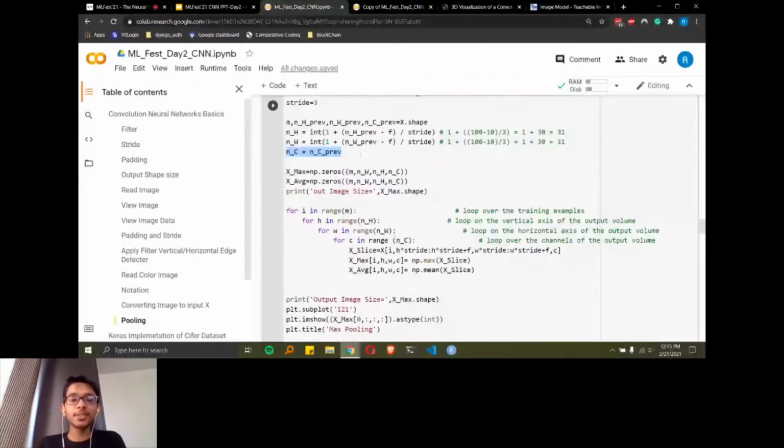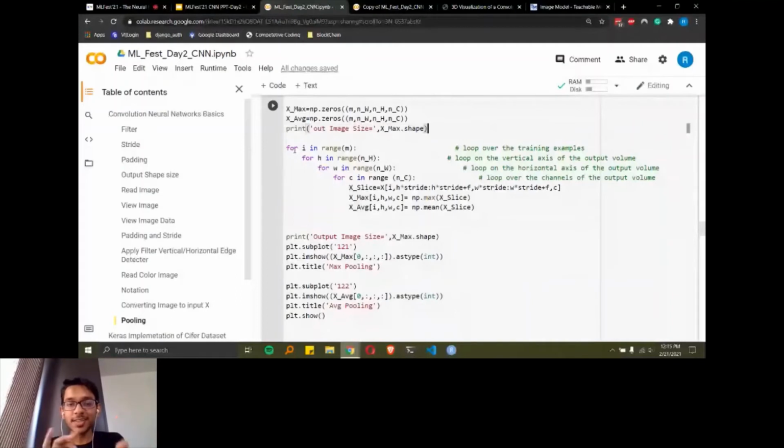So what we are doing is creating an empty array of 31 by 31 and filling it with zeros. That is what these lines of code are doing. Then we are printing the shape of that, and now this is a very simple as well as crucial part if you have to understand.